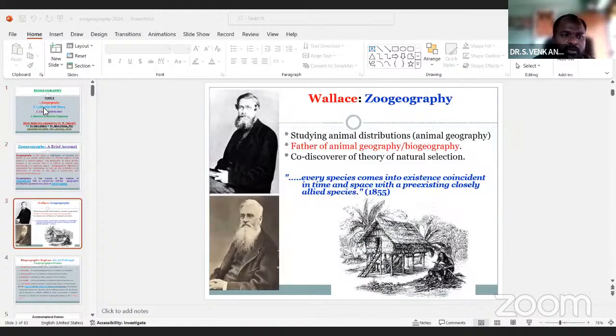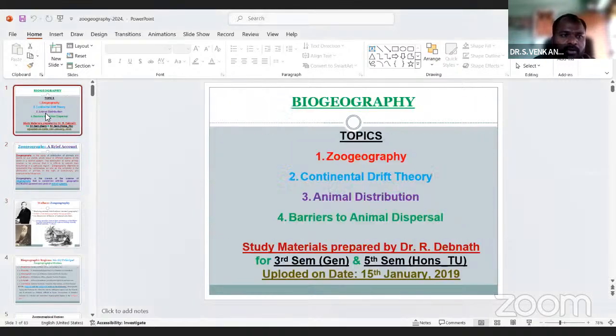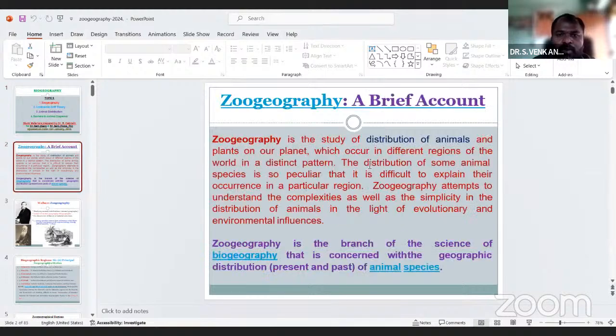Biogeography is the study of the distribution of animals and plants on our planet, which occur in different regions of the world in different patterns.